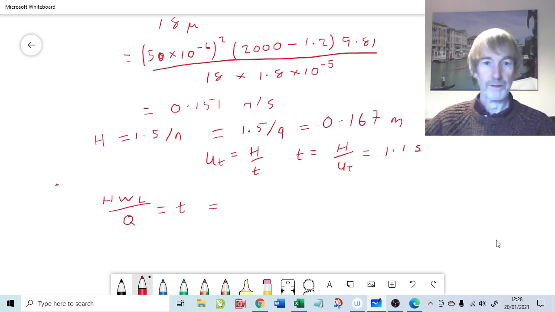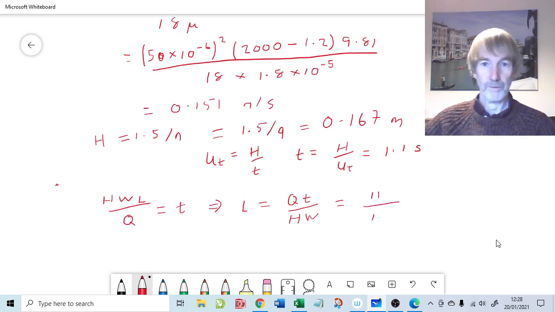So from that, we can work out that L, which is really what we're interested in here, is equal to Q times T divided by H and W. Q was 10 meters cubed per second, so 10 times 1.1 makes 11,